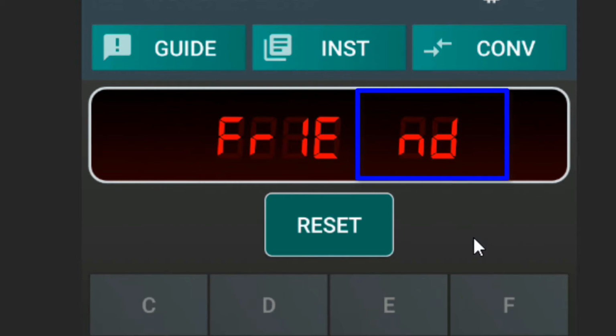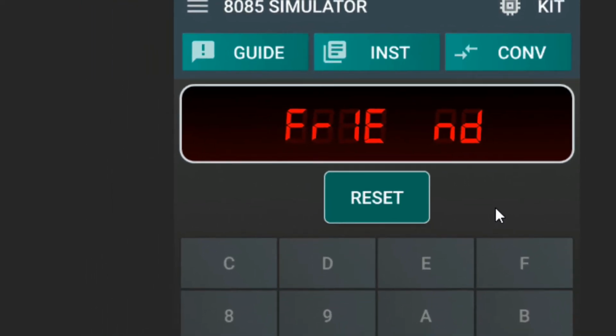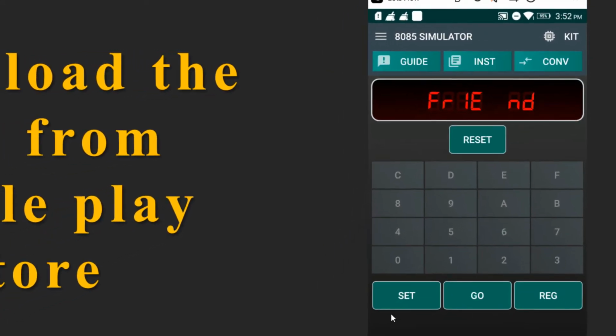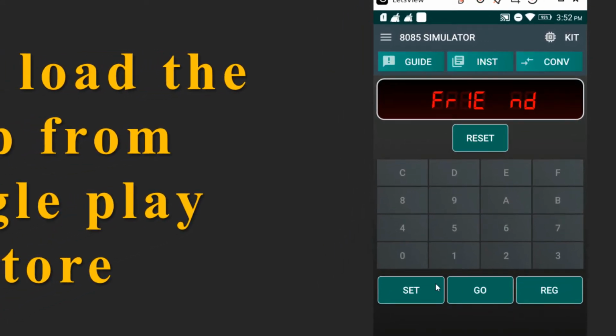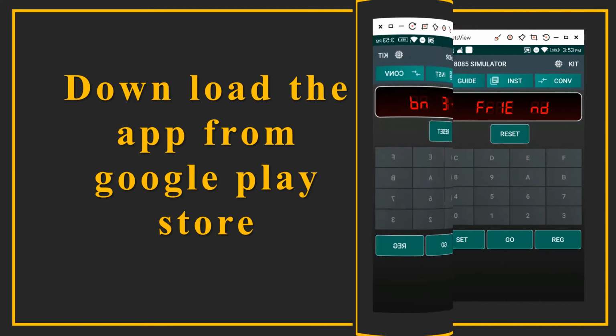Since the address is a 16-bit number, it requires a 4 LED display, and the data is an 8-bit number, so it requires a 2 LED display. Apart from that, there are four important buttons: reset, set, go and register. These are the four important buttons which we will be using to execute our program.